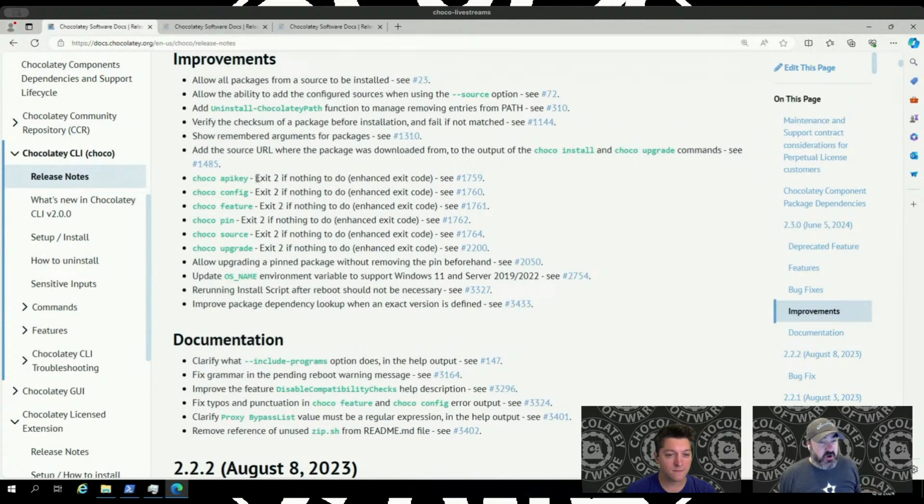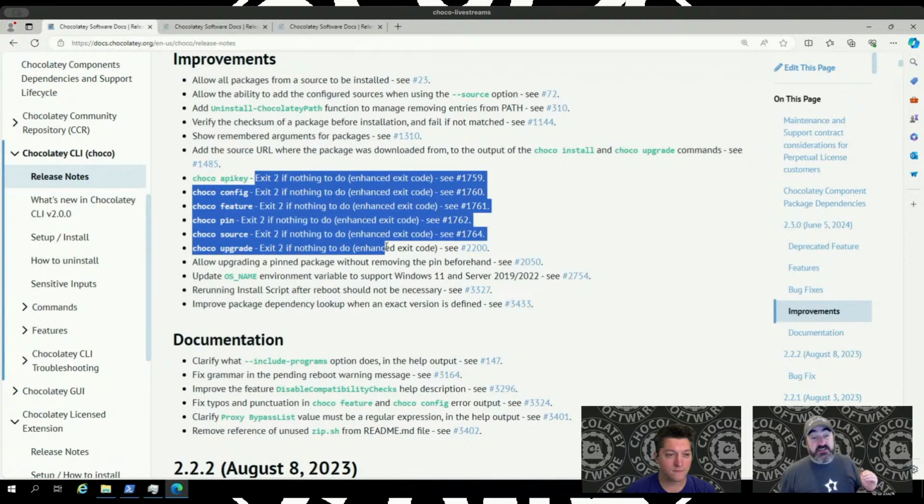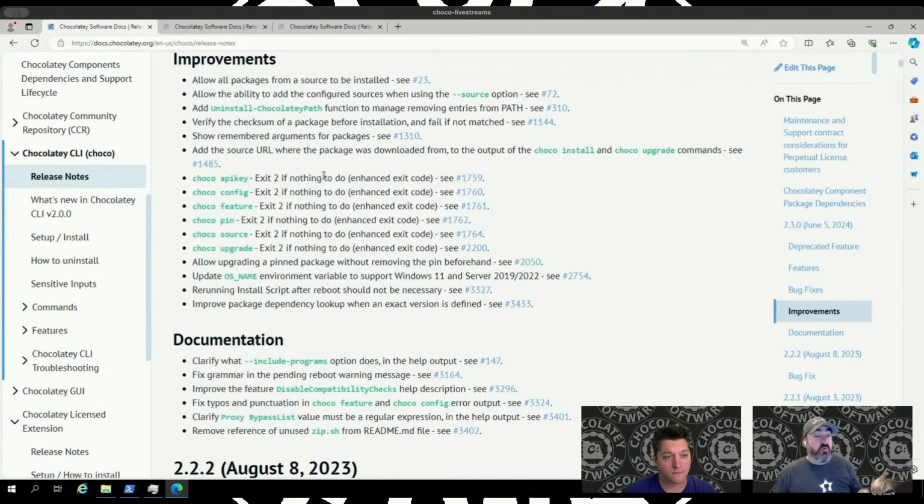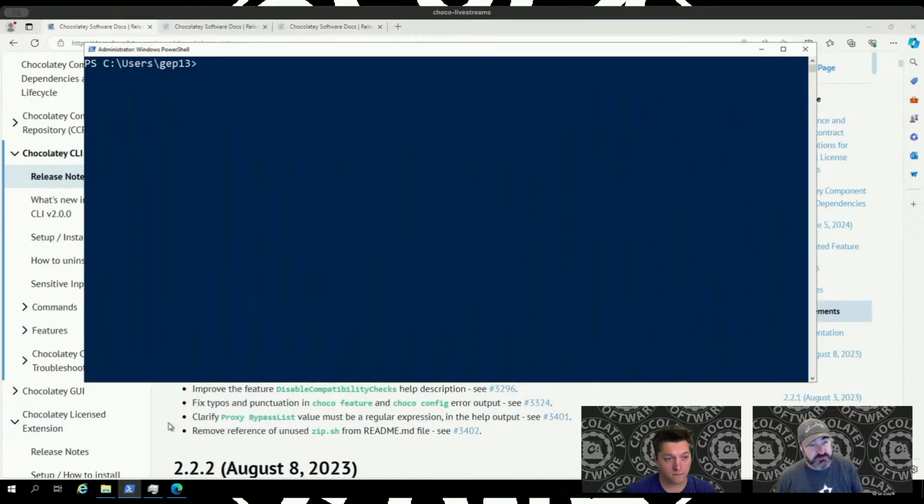The next one is actually the same thing, but for multiple commands, so I'm only going to show one of them. What this is talking about is enhanced exit codes. So first of all, let's talk about what an enhanced exit code is, shall we? Let's start. I'm going to use the API key command as the test one. But if I go over here and run choco apikey add --source,